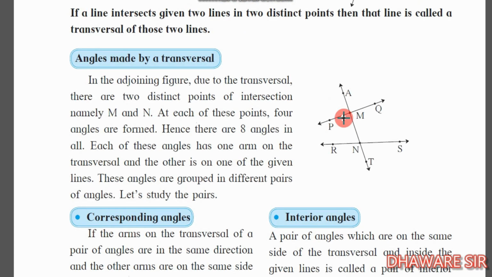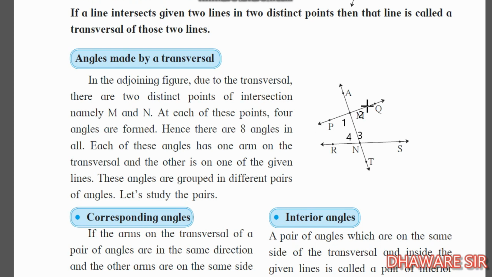This is the first angle, sorry. So we just write here, this is the first angle, this is the second angle, this is the third angle, and the last one is the fourth angle. So how can we say the alternate angle? The 1 and 3 are the alternate angles having the opposite side of the transversal, and 2 and 4 are the alternate angles. Here are two pairs of alternate angles.